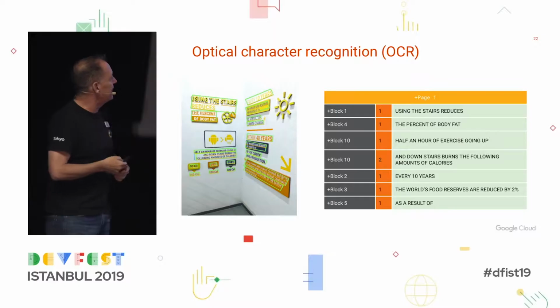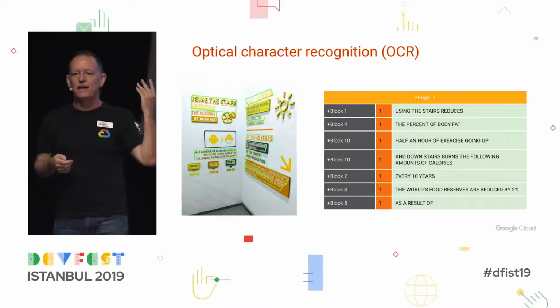And optical character recognition. This is an interesting case. This is in a staircase in the Google Mexico City office. I was there last year. I was really curious how it would do with this particular image because it's weird colors and text, and I've taken it into a corner so the text is all shown in perspective. So I submitted that to the Vision API, and sure enough, it found all that text.